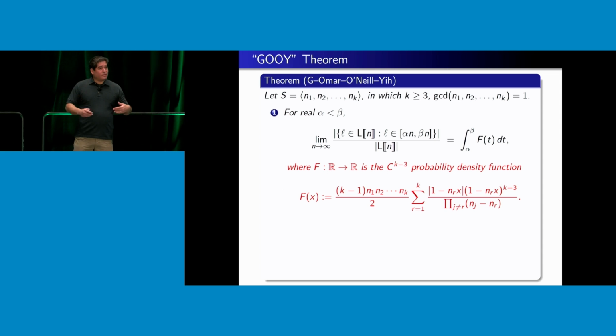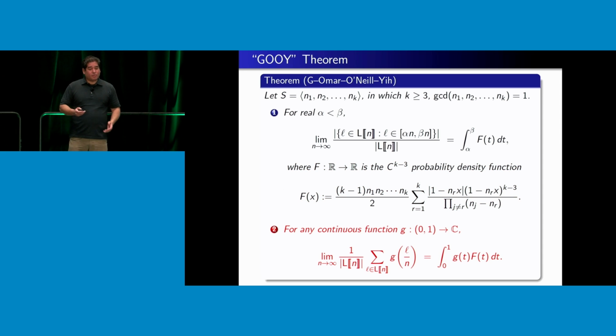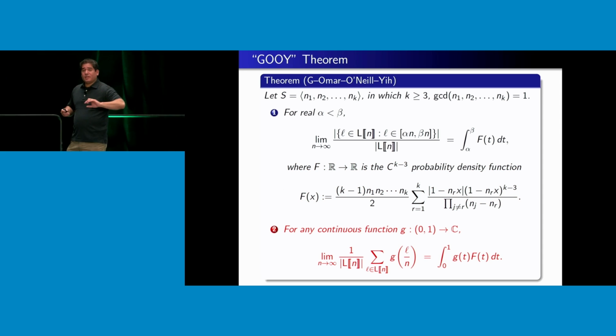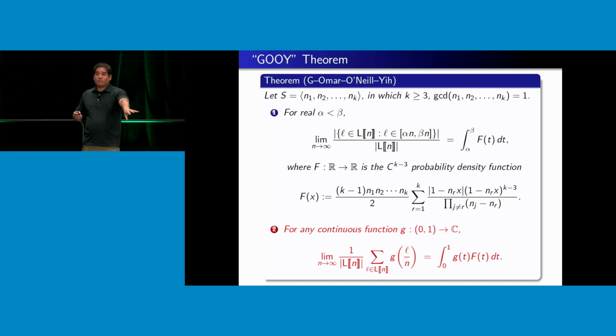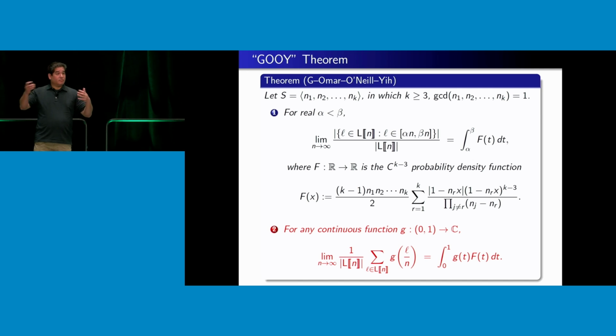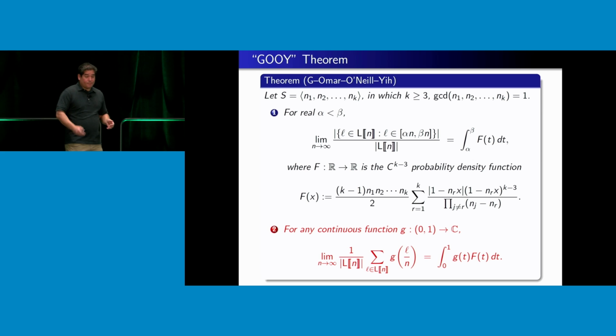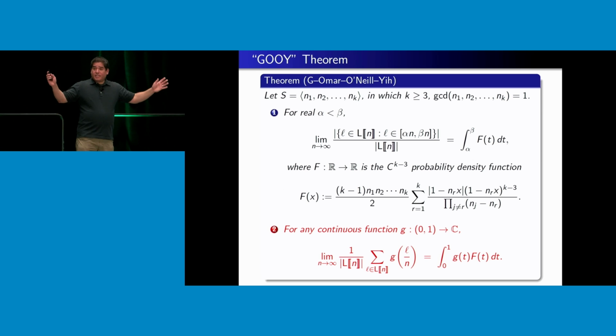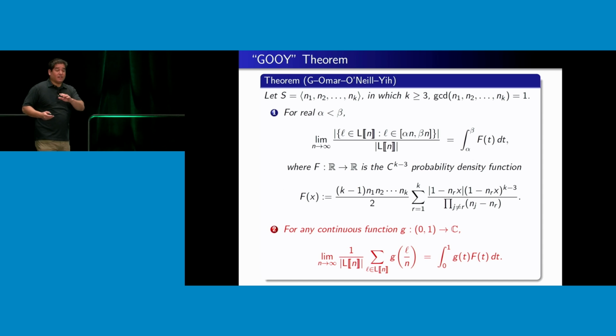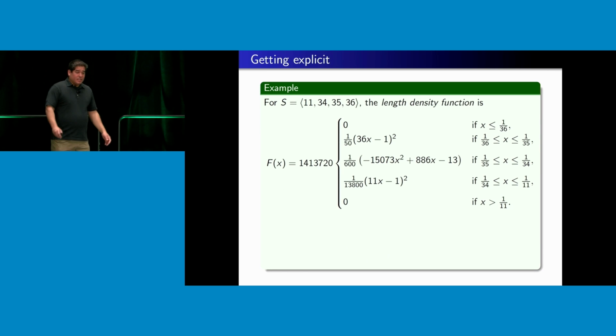And that also means you sort of have weak convergence in the sense of probability theory, which means you can attack your factorization lengths with whatever continuous function you want. So that can get you towards some more exotic statistics if you want. But anyways, the thing to keep in mind about this GUI theorem is there's this master function which governs the length multiset. And we know exactly what it is, and we can write it down as ugly as it looks. And so we can do stuff like this.